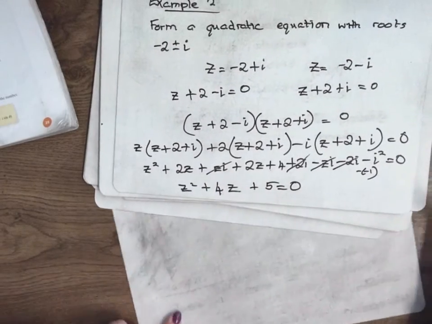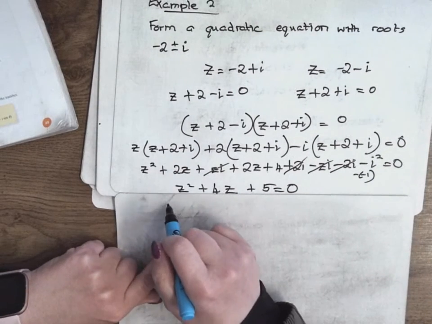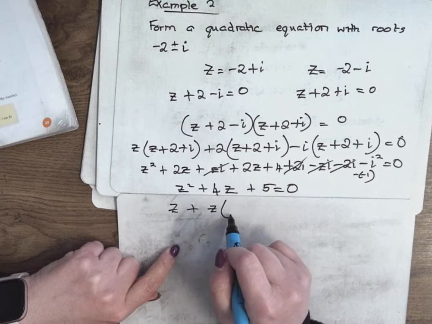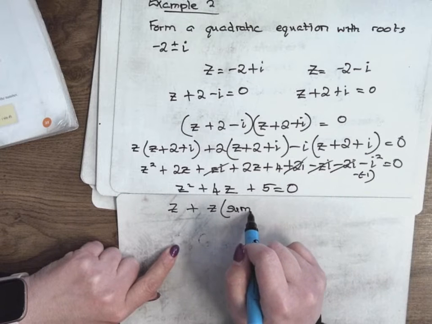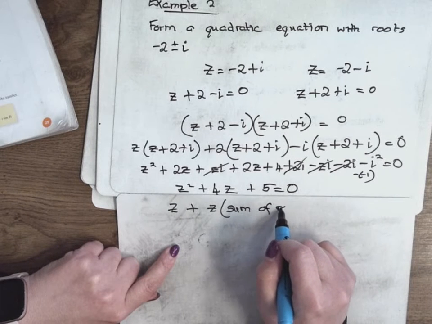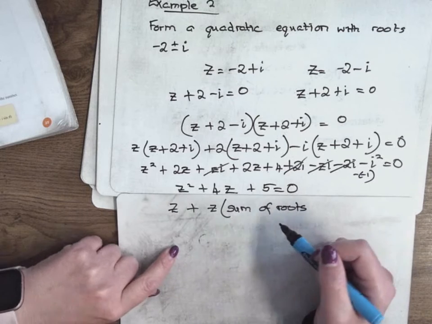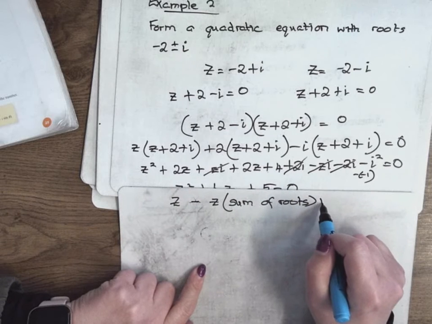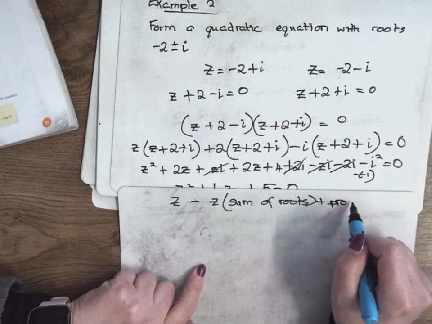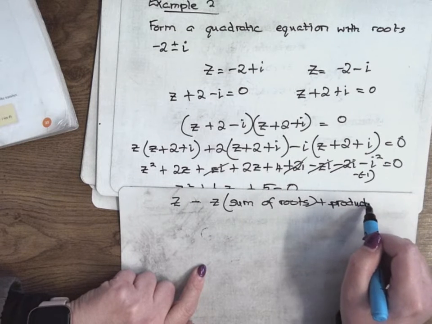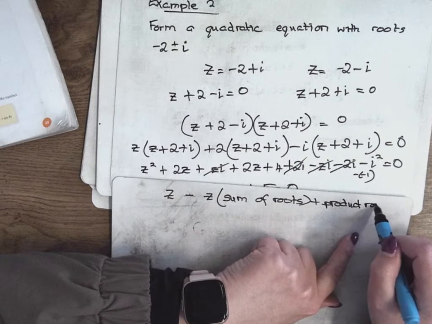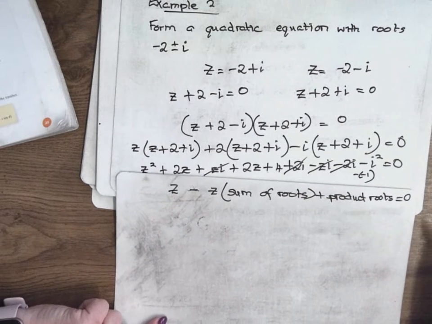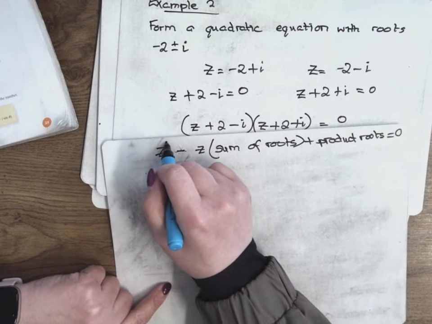So the rule is: z squared, to form the equation, it's minus z times the sum of the roots plus the product of the roots. That's not in the log tables, you need to learn it. Is that okay? Right, so filling that in, it's z squared